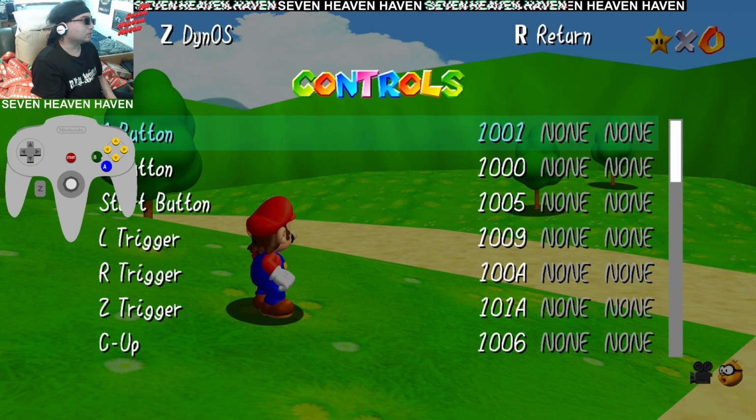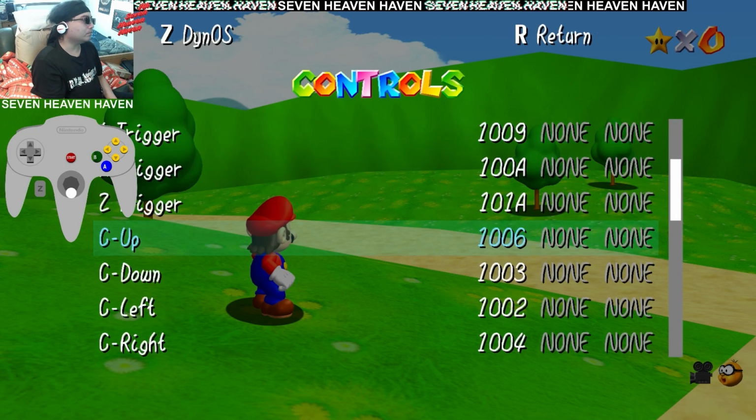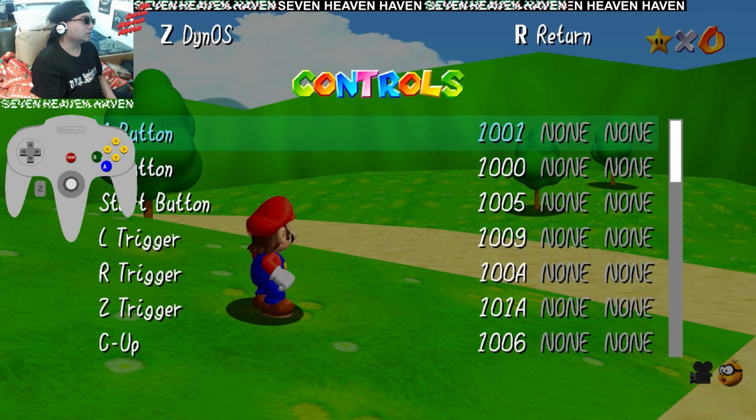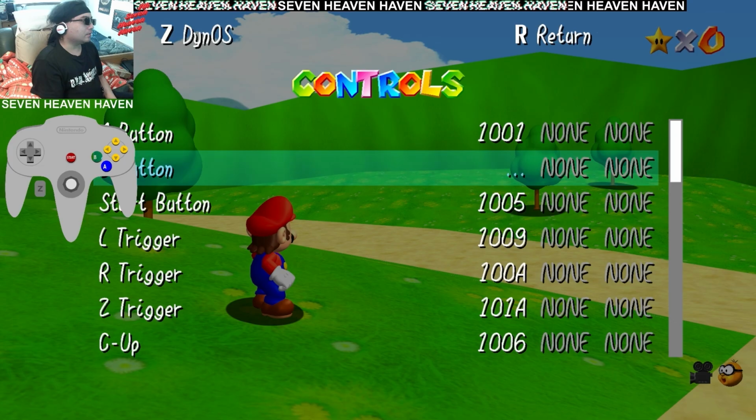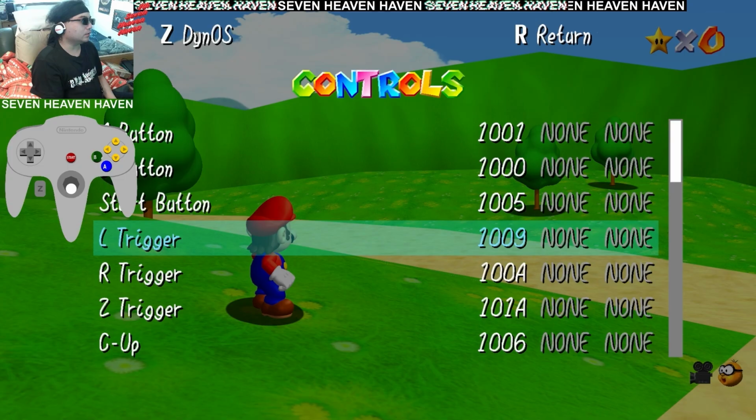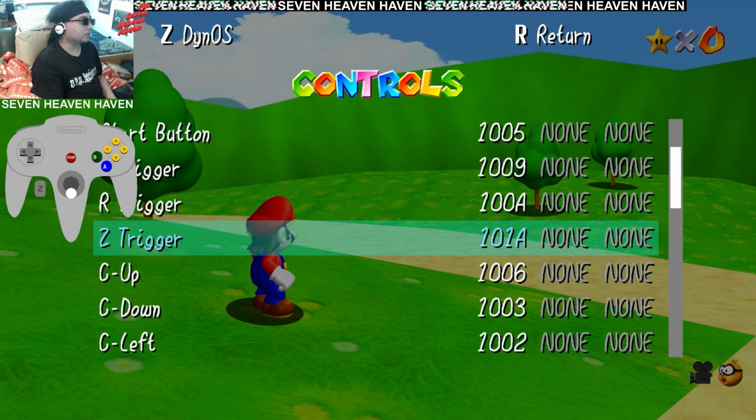You can adjust the sensitivity. If you go to controls, you can map your buttons right there. So basically, to map it, you're gonna choose this and then you press which button. There you go. And then you can have multiple, I guess if you're playing another gamepad or keyboard or whatever. And then for the B button, you press B and then it assigns it. Then once you're done,